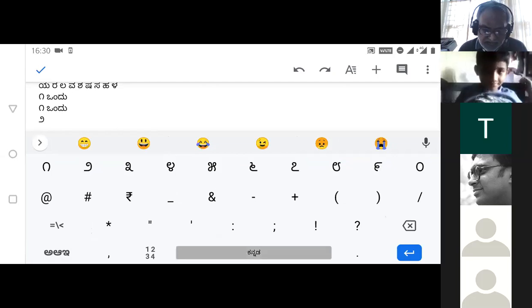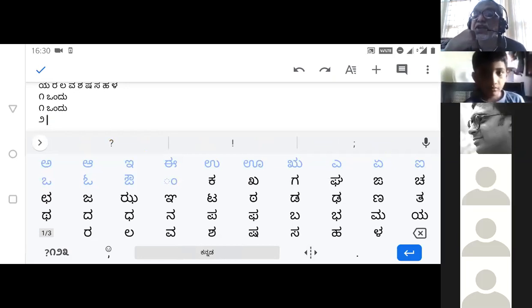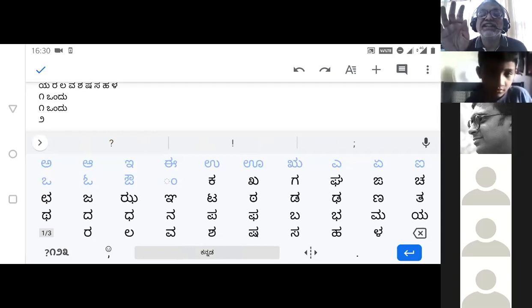Can you type the numeral 2 in Kannada? You already did 1, so 2 is not a problem. Class will end in 3 minutes. Sorry? I just typed 2. Yeah, I know. Perfect.